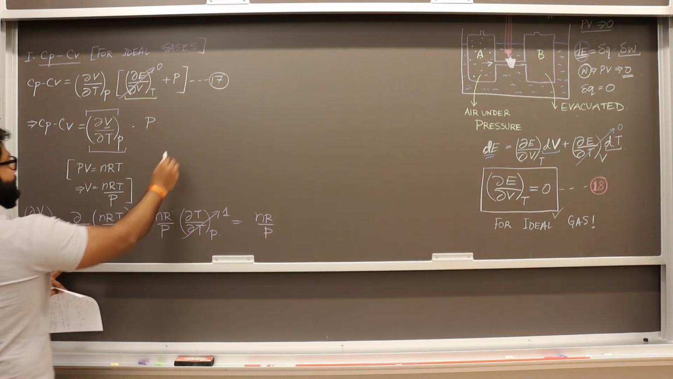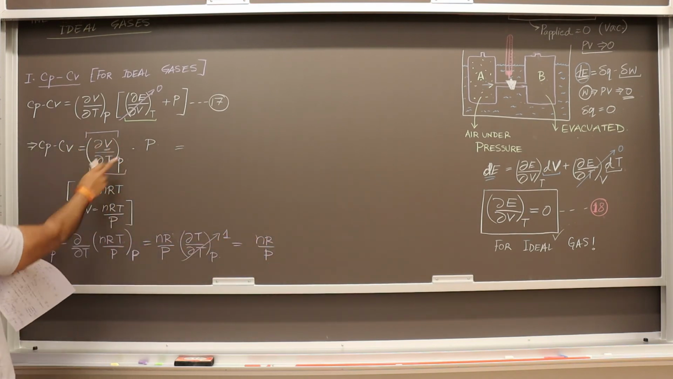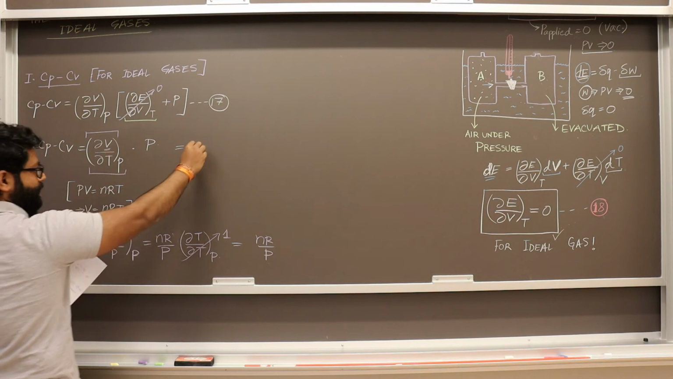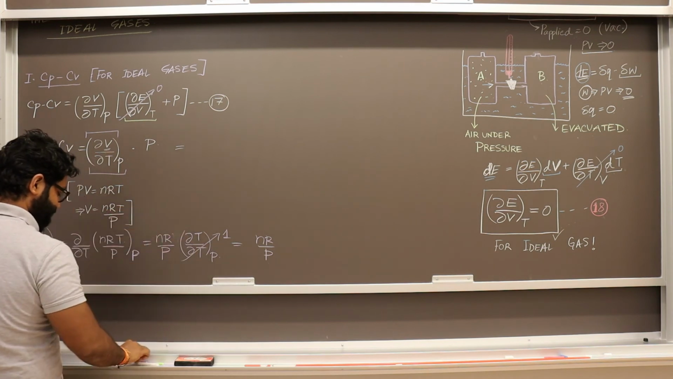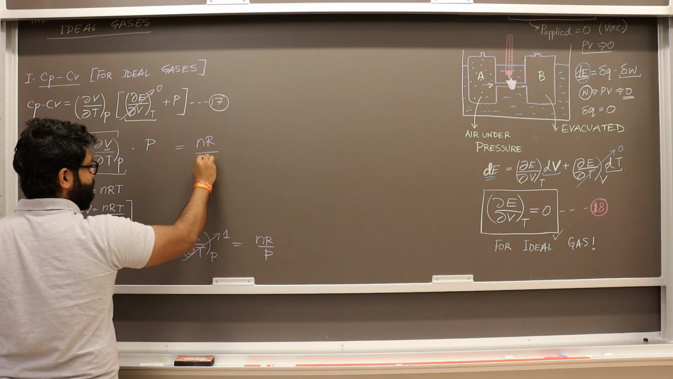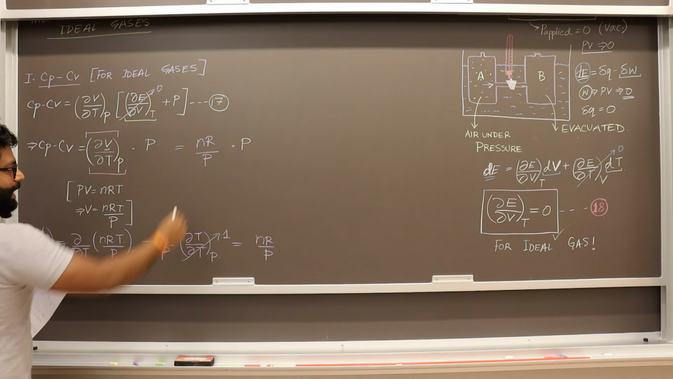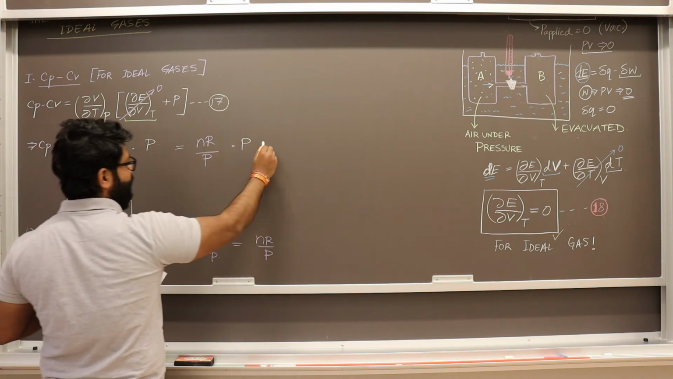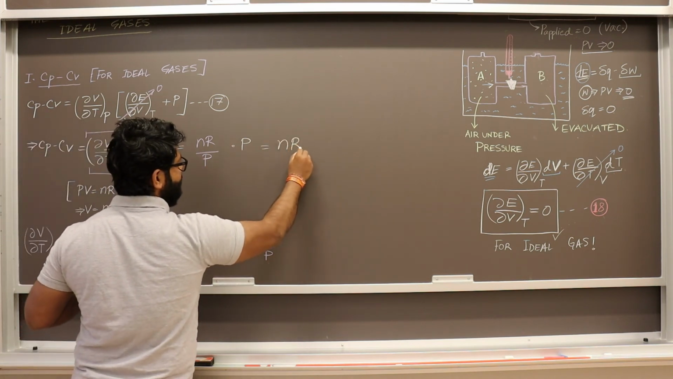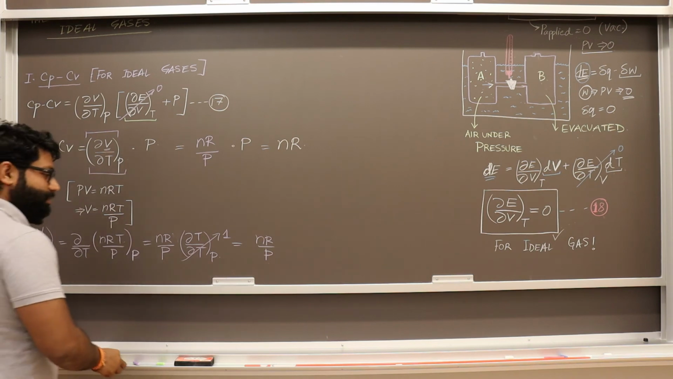Now let's then use this equation. So let's substitute this purple box with this purple number. So this becomes nR over P times P. Now pressure and pressure cancel out and we are left with nR. Okay? Now this is the value of